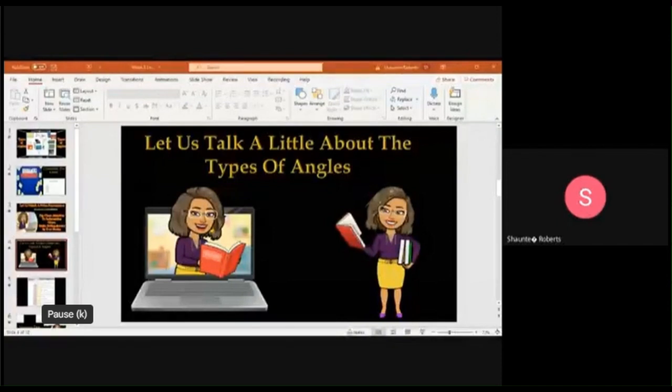Reflex angle. I was saying reflex angles are between 180 and 360 degrees. Reflex angle measures more than 180